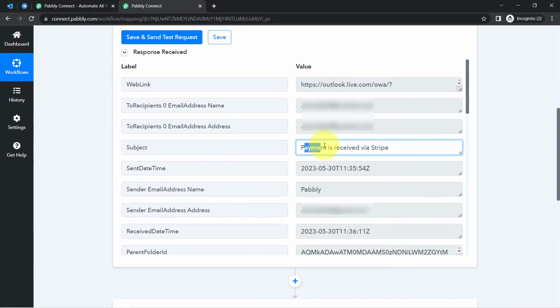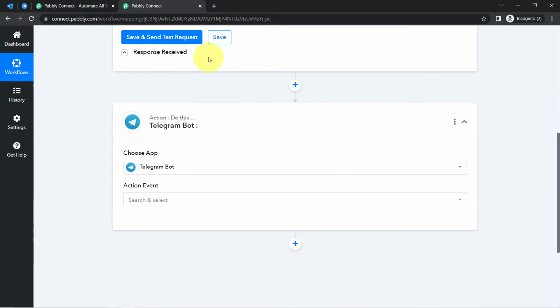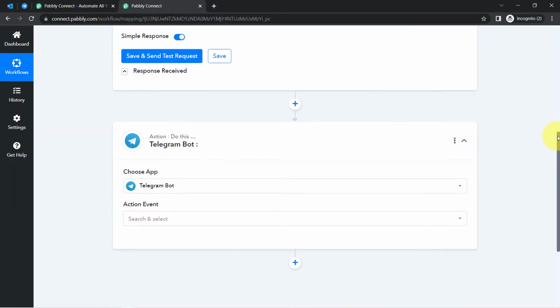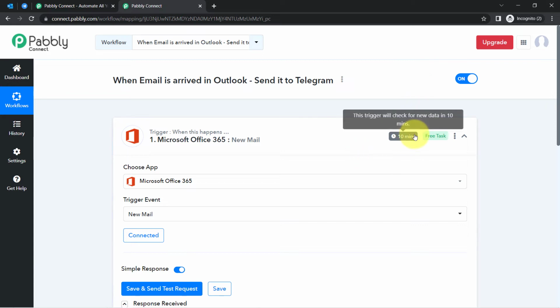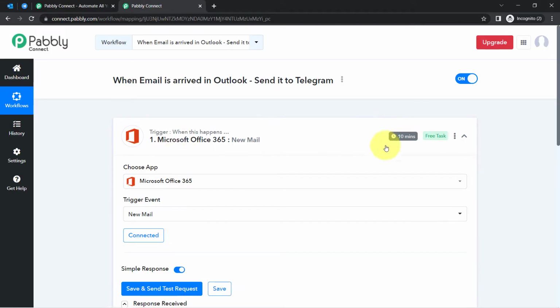And yes, we have the subject line as well. Okay, so the presence of this data clearly shows that the connection between the Outlook account and Pabbly Connect is working absolutely fine. And now onwards, what will happen? Every time someone sends an email to the Outlook account, the same email details will be received via Pabbly Connect,